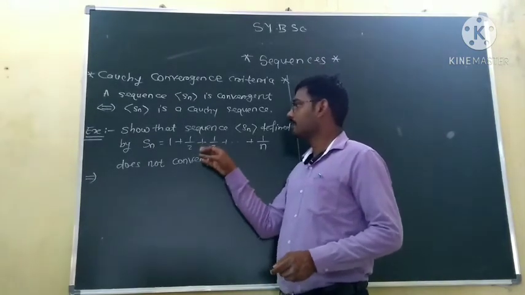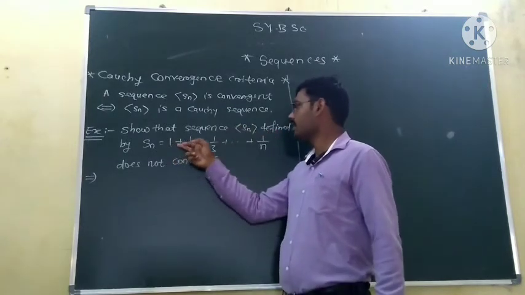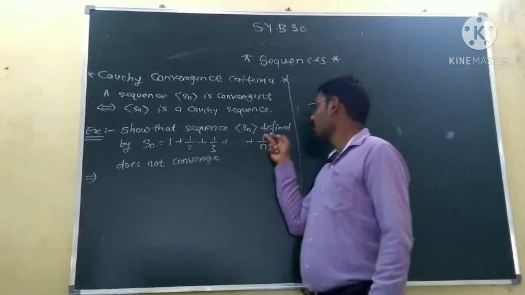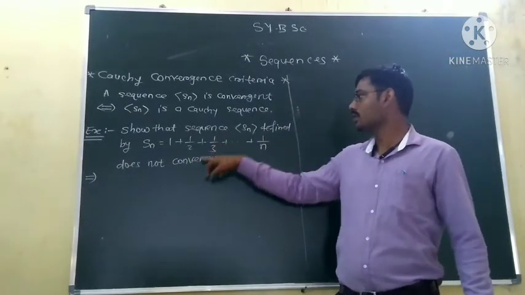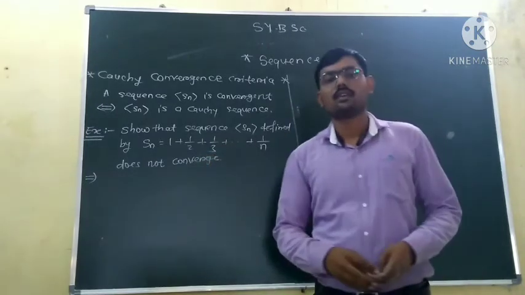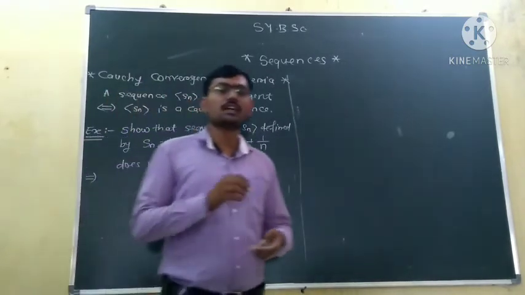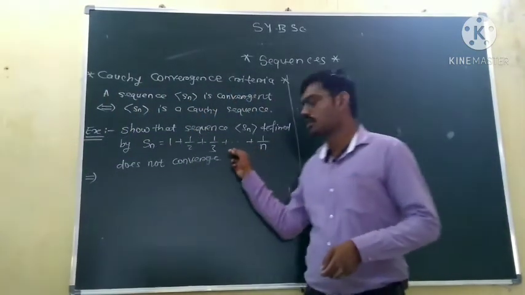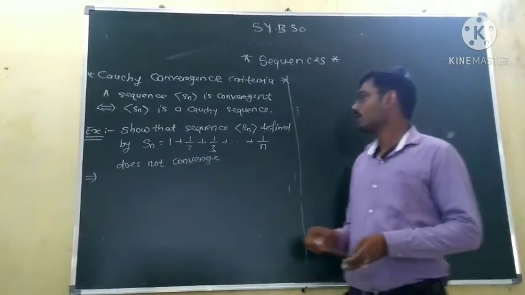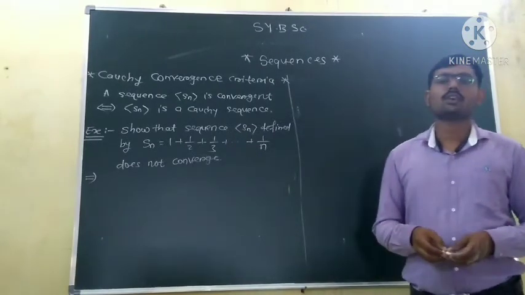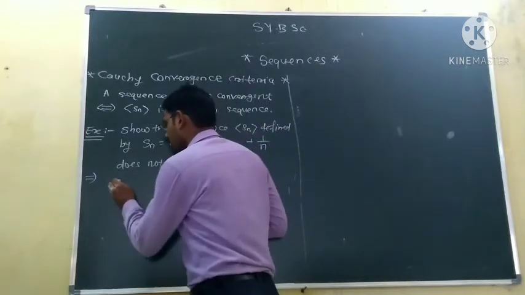In this example, we are to show that this sequence, whose nth term is 1 plus 1 by 2 plus 1 by 3 up to 1 by n, is not a convergent sequence. So here we will use the Cauchy convergence criteria. We will show this sequence is not a Cauchy sequence, so the sequence is not convergent. We will prove this theorem using the method of contradiction. So we assume, on the contrary,